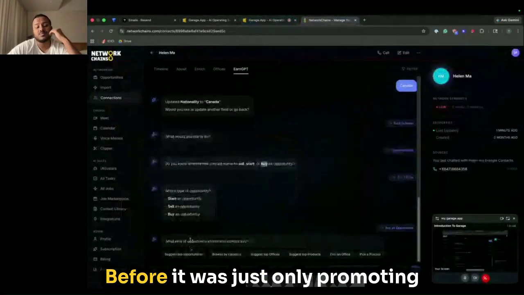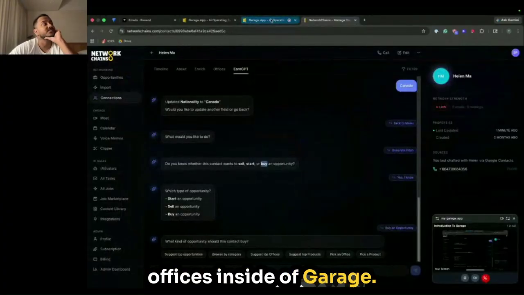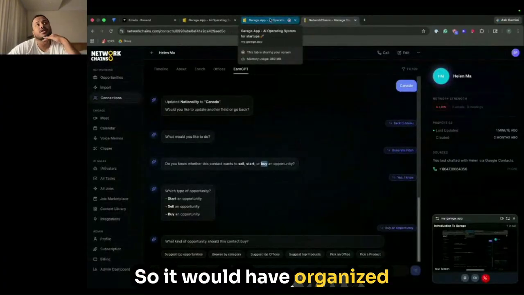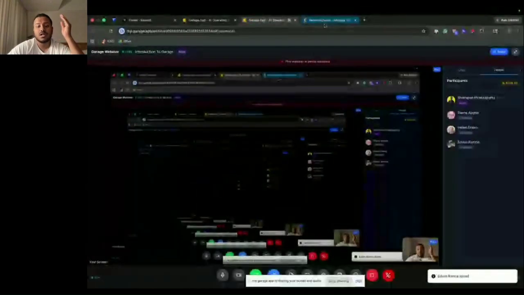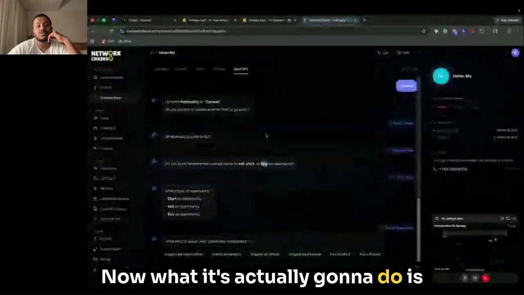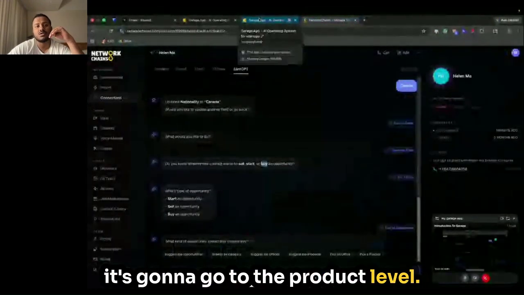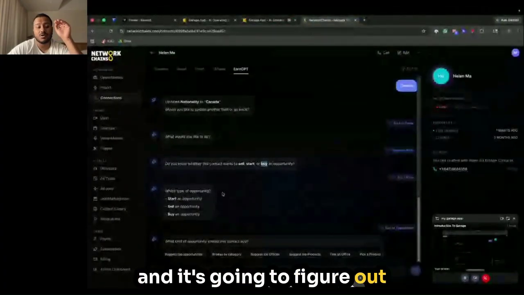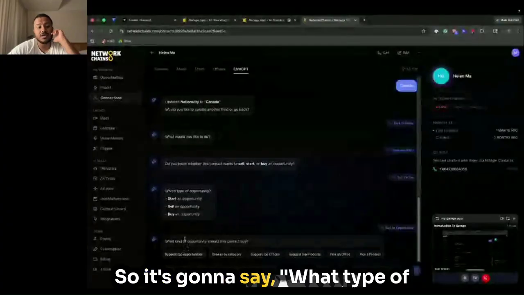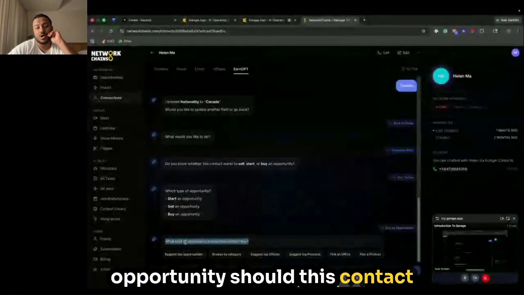So now, the AI before was only promoting offices inside of Garage. So it would have organized with you what the best offices for Helen would have been. Now, what it's actually going to do is go to the product level. It's going to look at every product from every company and figure out which one makes sense. So it's going to ask, what type of opportunity should this contact buy?